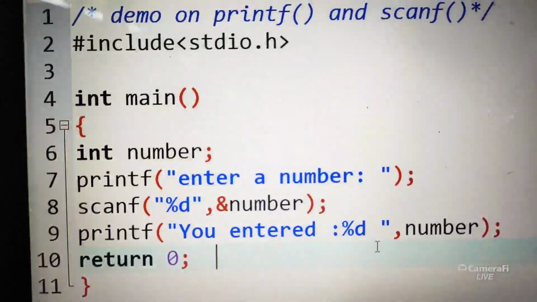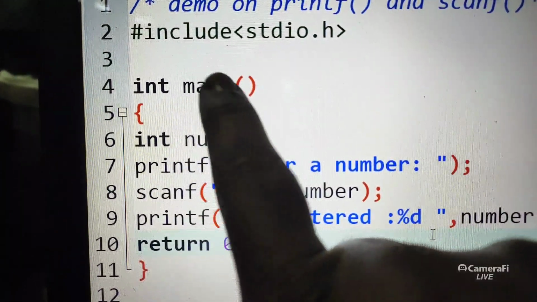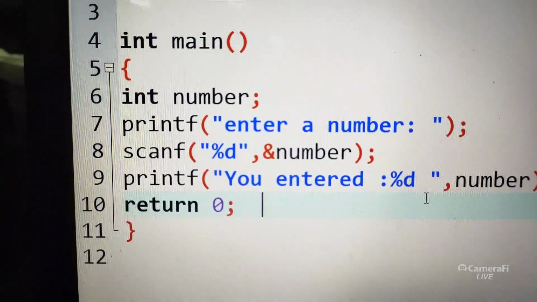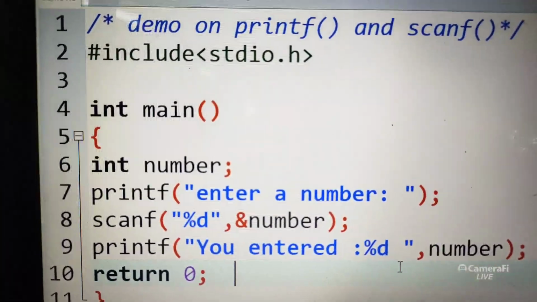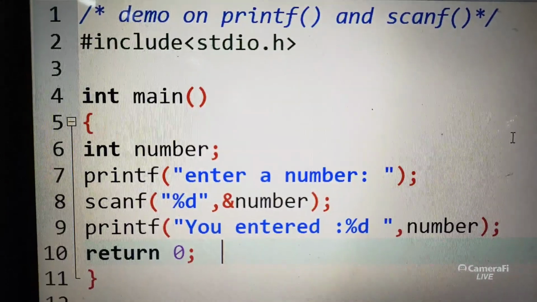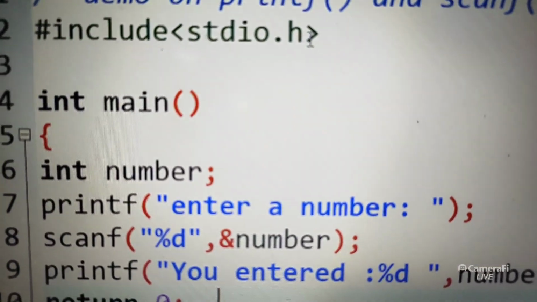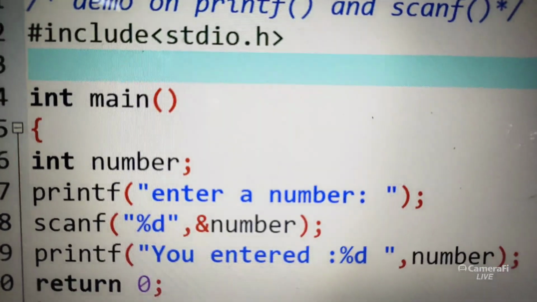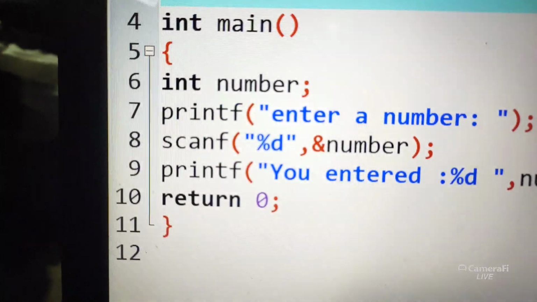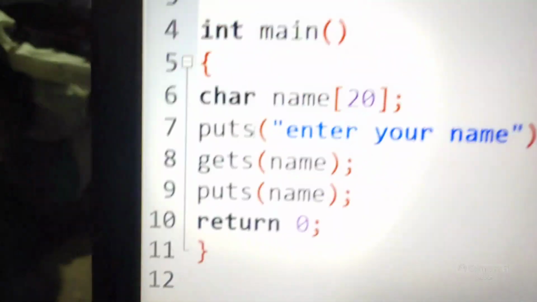There is a space between int and number, and a space between int and main. So indentation and space should be used. Flower braces, and these angular brackets, less than and greater than symbols, are called angular braces. Like this, we observe one more program, getchar putchar.